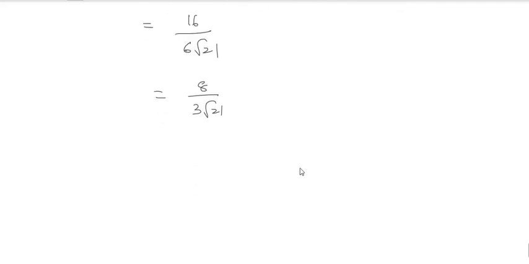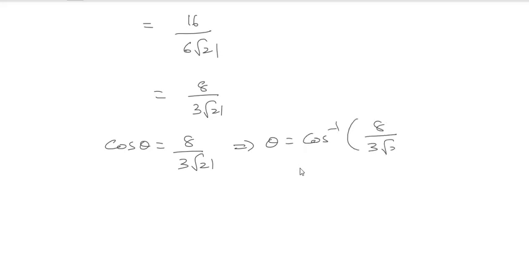So the cos theta value, the angle between those two surfaces, is cos theta equal to 8 by 3 root 21. From this, the value of theta is cos inverse of 8 divided by 3 root 21. This is the answer for that. Clear? In the same manner, can you try one more problem based upon that, which is one of the previous GATE questions.